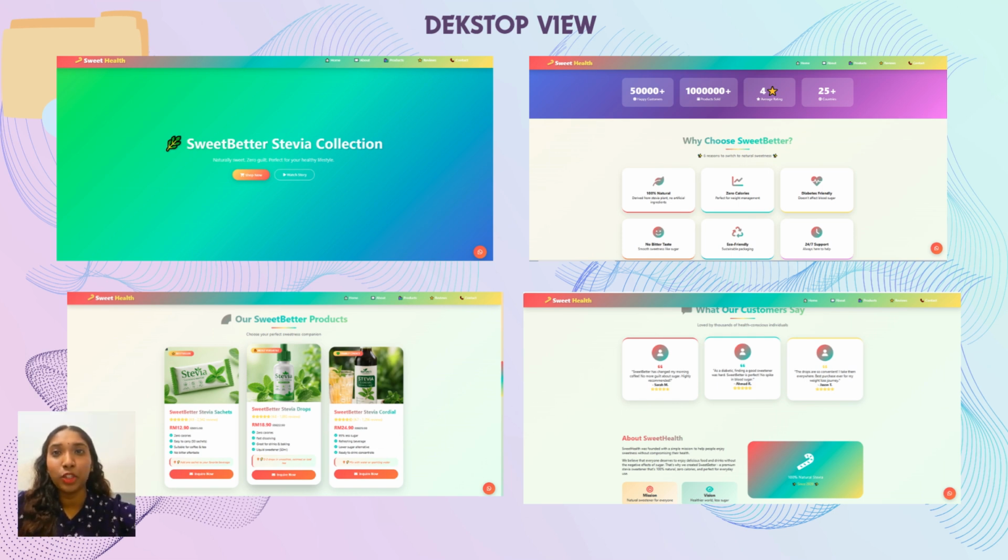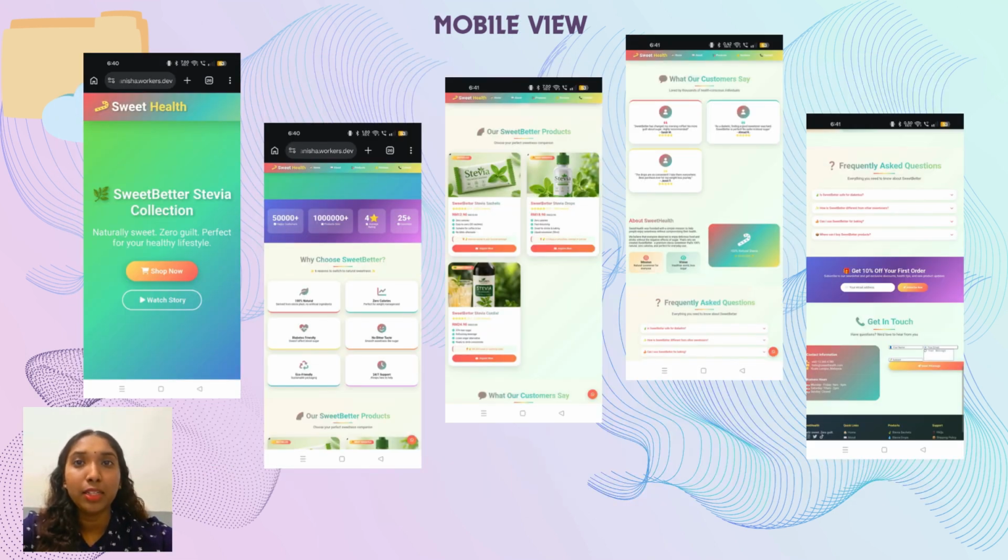And finally, here is our mobile view. Because of our responsive coding, the multi-column desktop layout automatically stacks into a clean, vertical scrolling feed on smartphones. The wide navigation links collapse into a simple hamburger menu icon, ensuring our text, product images, and Inquire Now button remain perfectly readable and easy to tap on any phone screen.